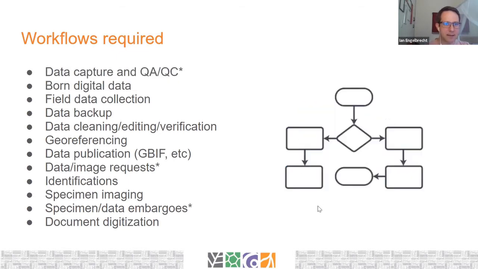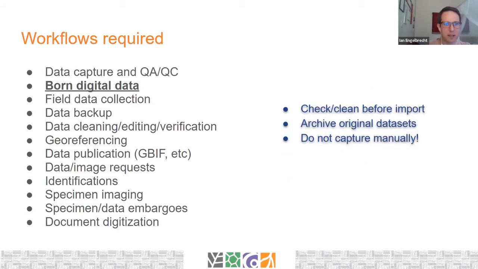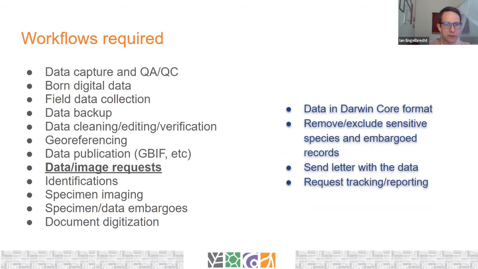All right, I think the other one that I wanted to look at was data requests and then embargoes. So let's just go through the data requests. With data requests, the requirement here is that data should be provided to people requesting data in Darwin Core format. Because different collections and databases use different terms, they've got different structure. So Brahms uses different terms to what